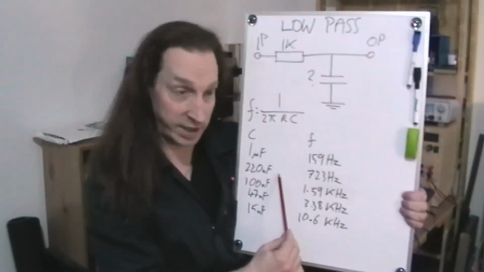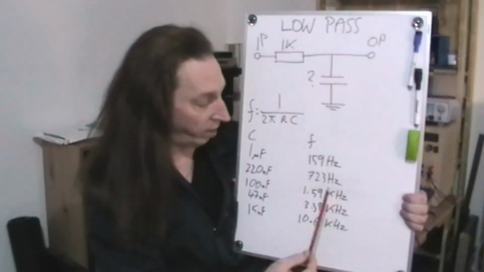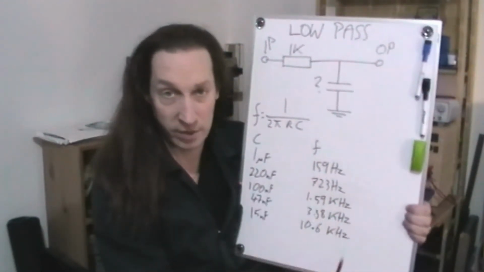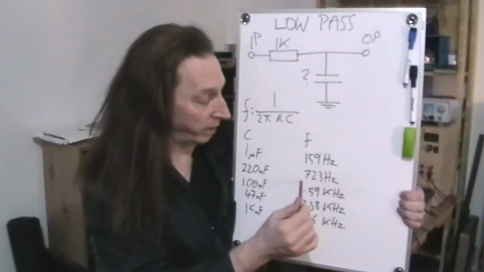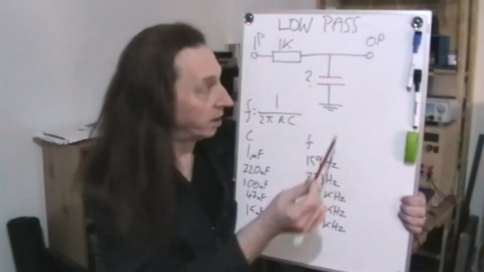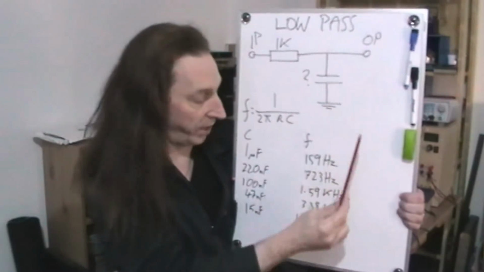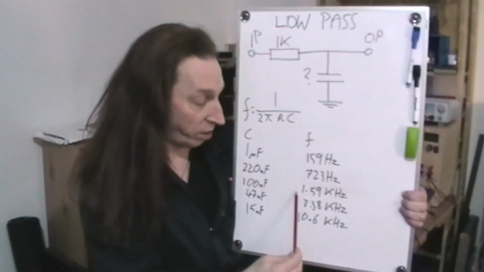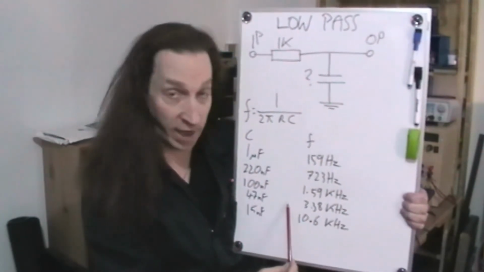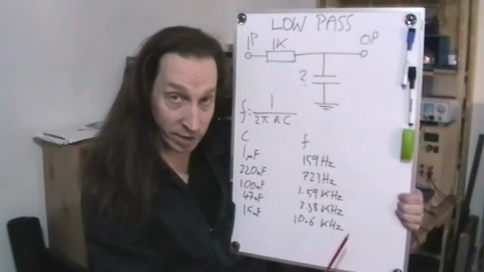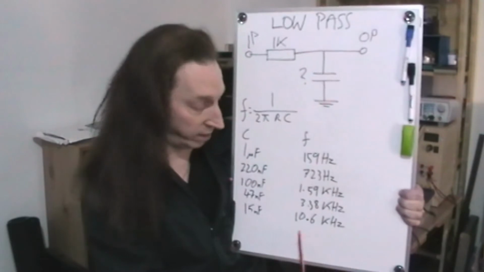Next one was 220 nanofarad, a big jump there, but then cut-off point 723 hertz or 720 hertz, whatever. It's about that, we weren't talking exact. That was the cut-off point, so it allowed a lot more frequency to be seen at the output that wasn't allowed through the capacitance. 100 nanofarads, cut-off point was 1.59 or 1.6 kilohertz. 47 nanofarad, 3.38 kilohertz. And then 15 nanofarads, 10.6 kilohertz. And also with that one,